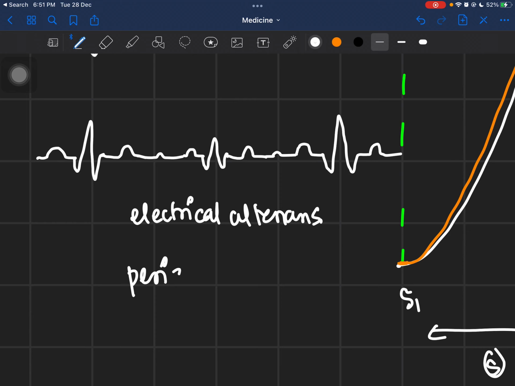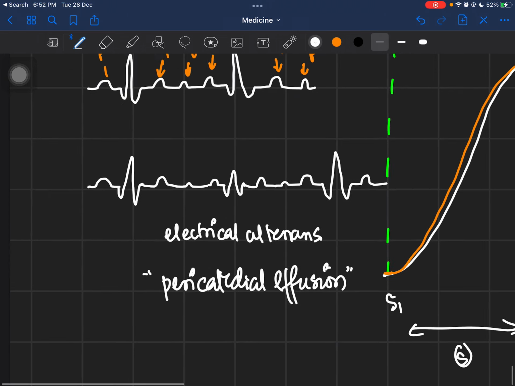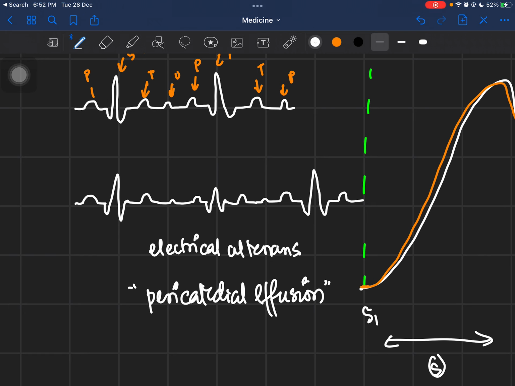So what might be a fluid collection around the heart? Obviously, it would be a pericardial effusion. This pericardial effusion causes alternating electrical waves. The heart is normal,